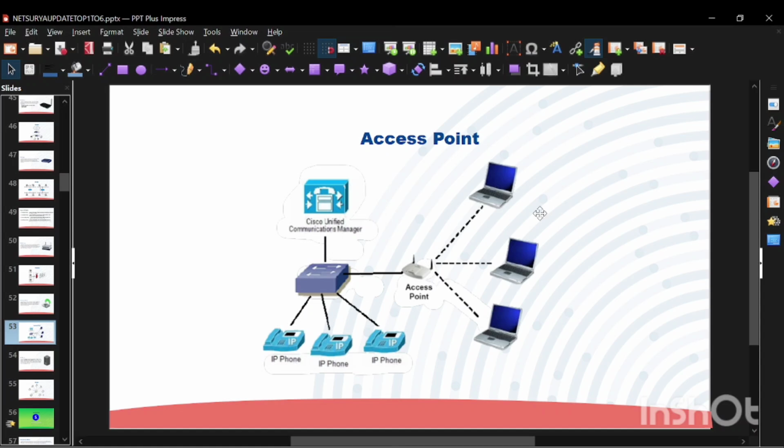So what is actually happening in this image? The access point is bridging the gap between wired and wireless networks. It receives data from the switch and sends it wirelessly to the laptop. Similarly, it receives data from the laptop and forwards it to the wired network via the switch. So that's all about your access point.